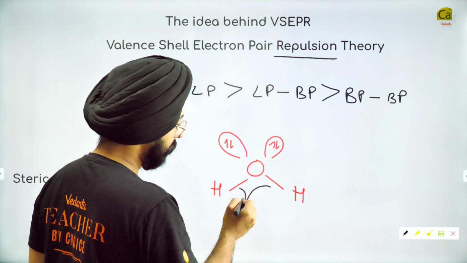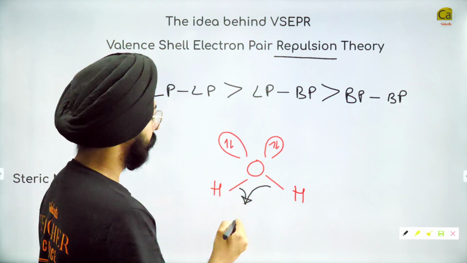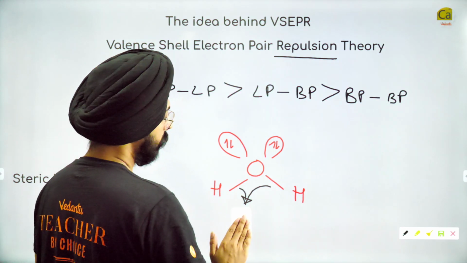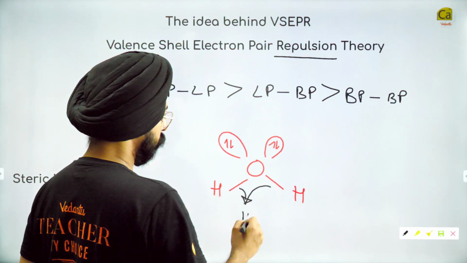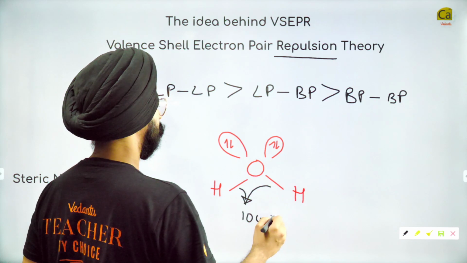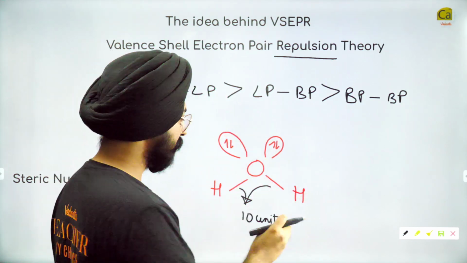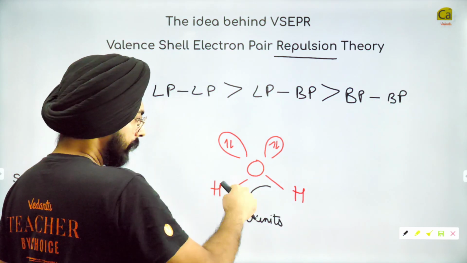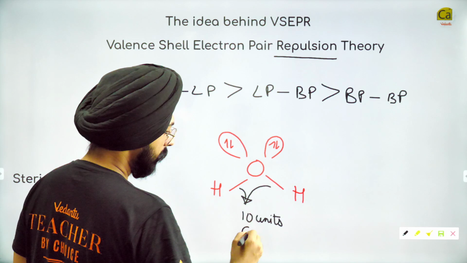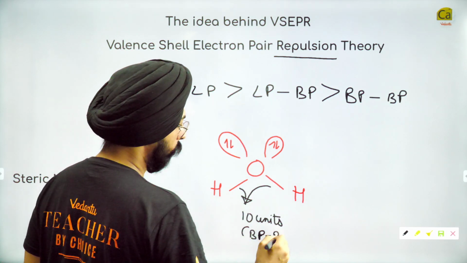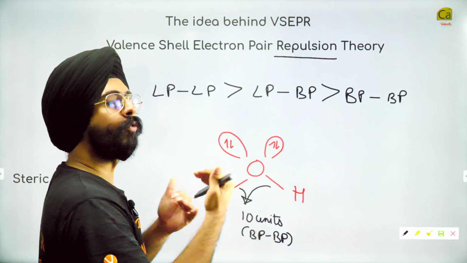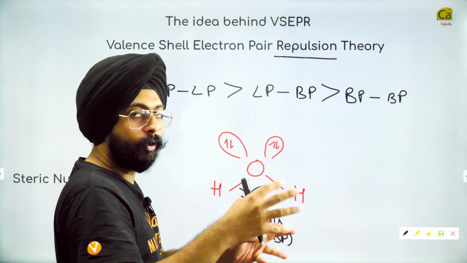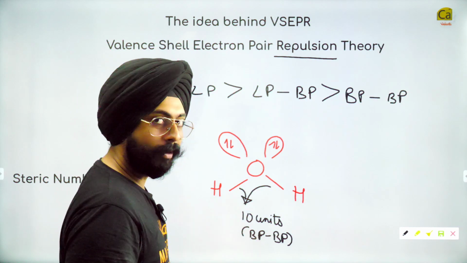So let us say that the repulsion between them is of magnitude repulsion 1. Just randomly think of a magnitude. Let's say that these are repelling each other with a force of 10 units. Imaginary. These numbers are all imaginary, just there for us to understand things better. So this 10 units specifies a bond pair to bond pair repulsion. ठीक है, 10 units of repulsion. There is no such thing as units of repulsion. I am just giving you a numerical example so that we can understand things better.